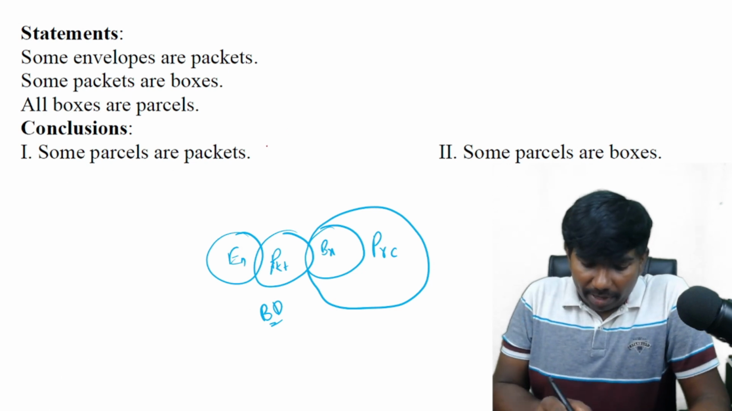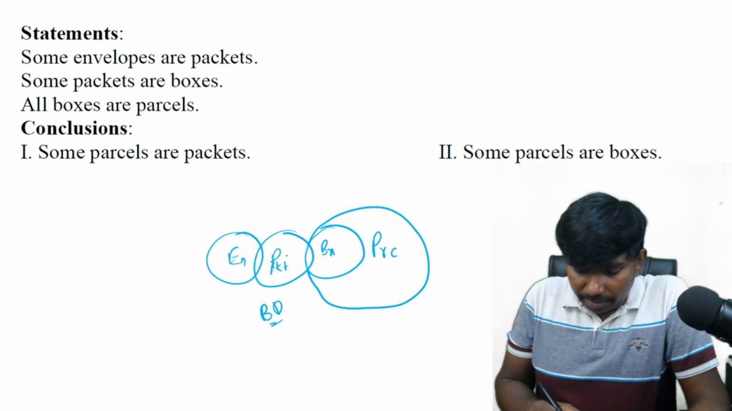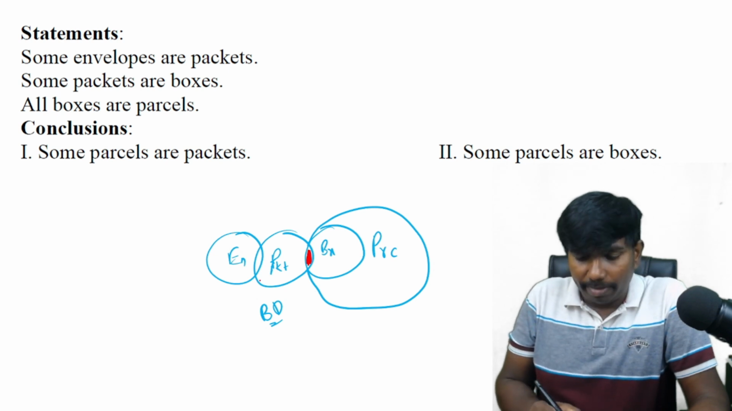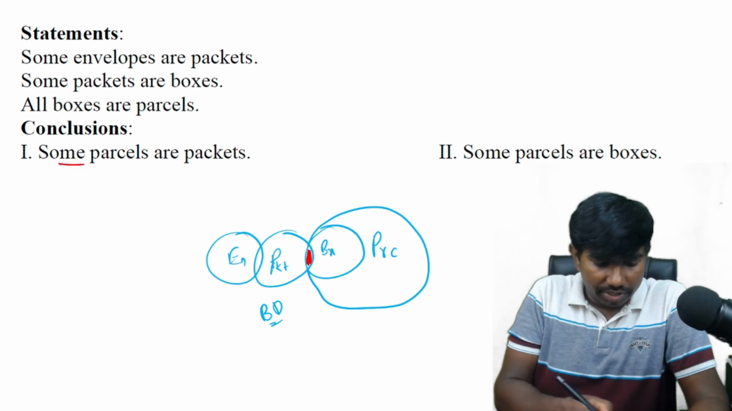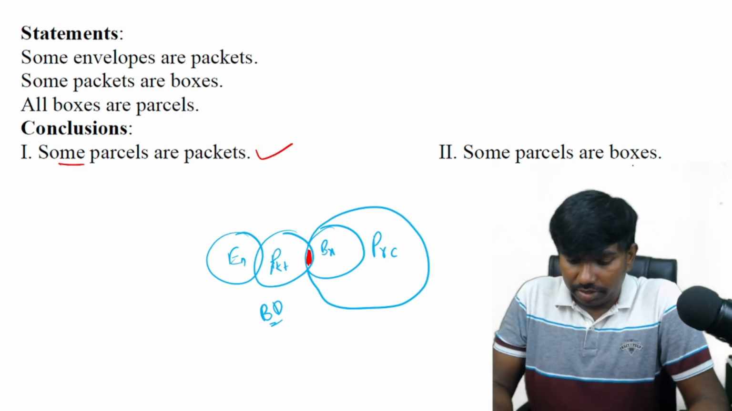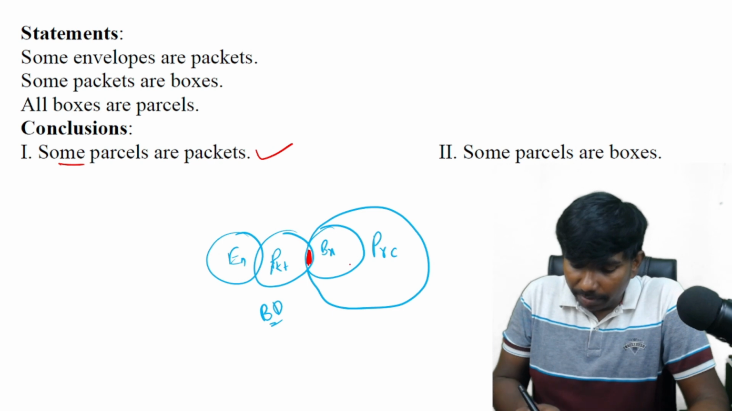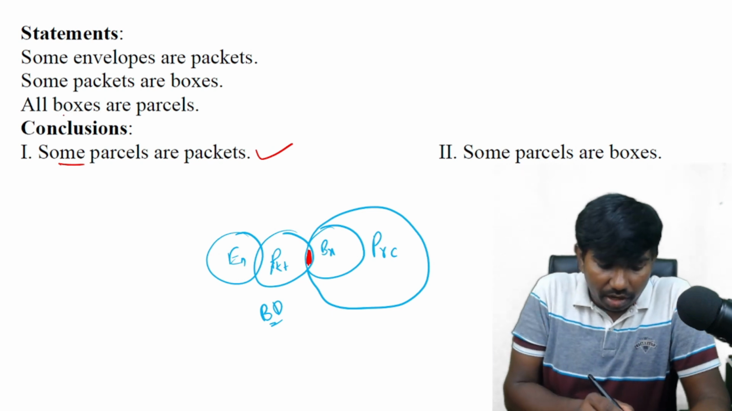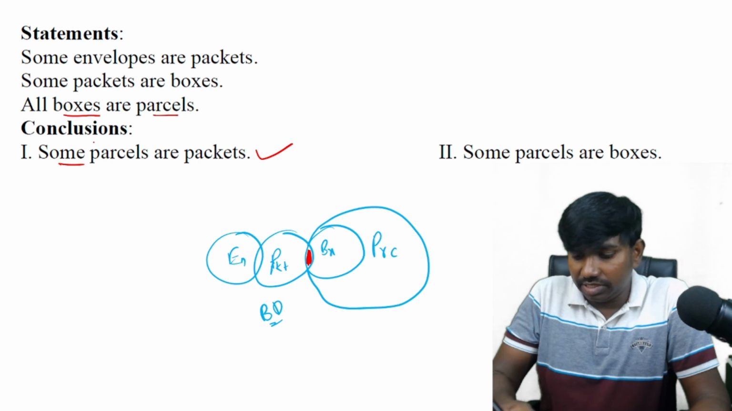Some parcels are packets. Tell me, between some parcel and packet, is there a direct overlap? Yes, there is a direct overlap between packet and parcel. Yes, it is true. Second, some parcels are boxes. From the statements only we can say all boxes are parcels, which means some parcels will